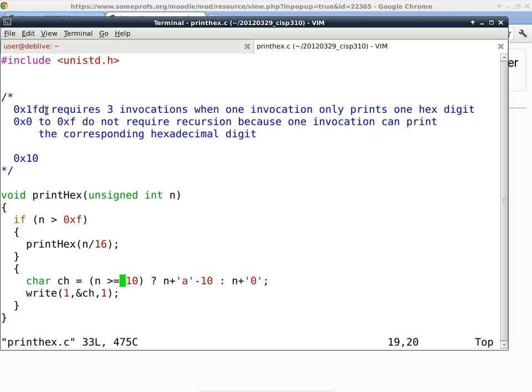It has to do with when n is actually greater than 15, it's going to do this part just fine. However, when it returns, what is the value of n? n is still greater than 15. So when I get to this part here, I have to be a little bit more careful and say, well, guess what? I'm only responsible for the least significant 4 bits of that number, not the entire number. Okay. So that means when I get back to here, I would have to say,